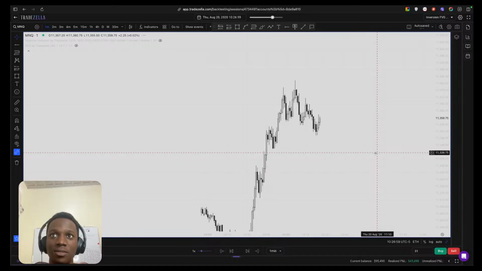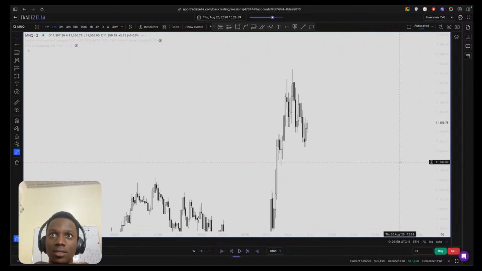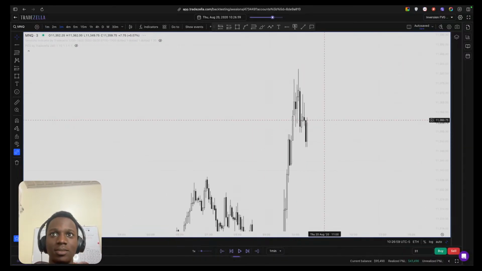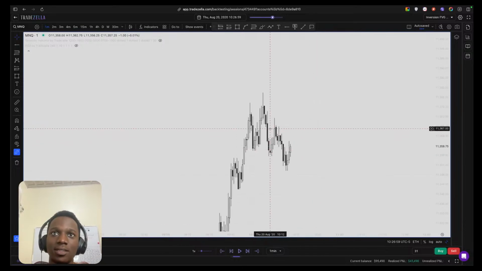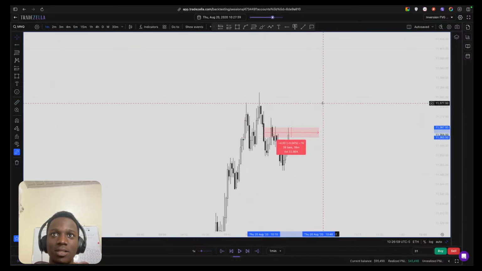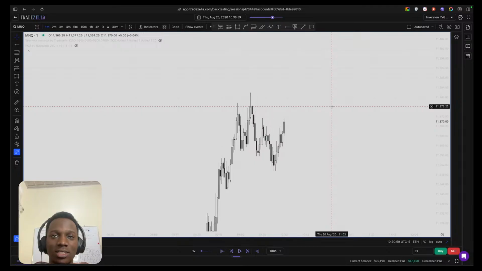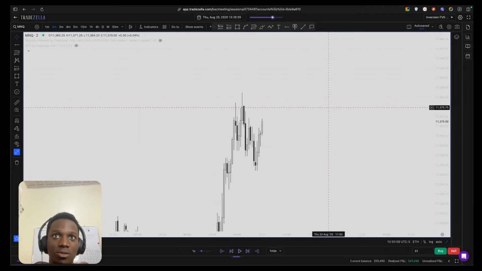Okay, this is the 15-minute gap retracement. There is no gap inversed here. I mean, that's crazy. Except maybe if it inverses here, but then we would have some sort of negative RR. That's the problem.